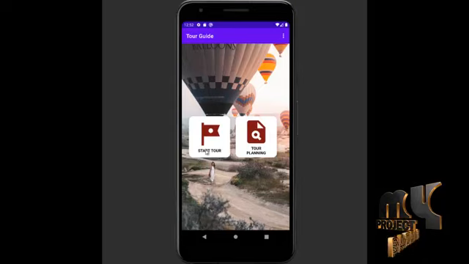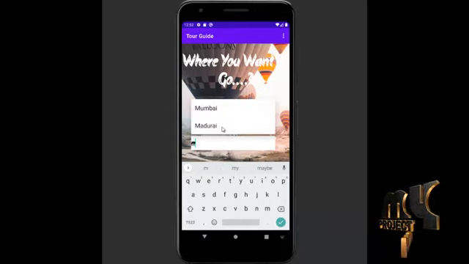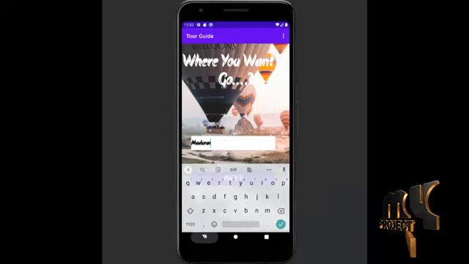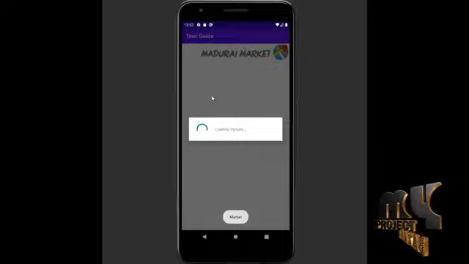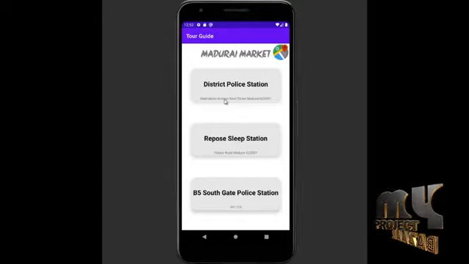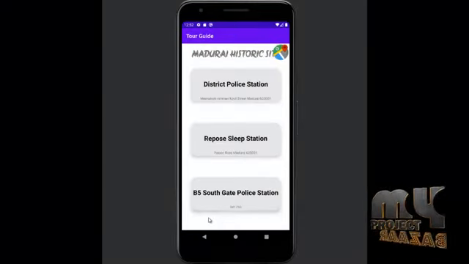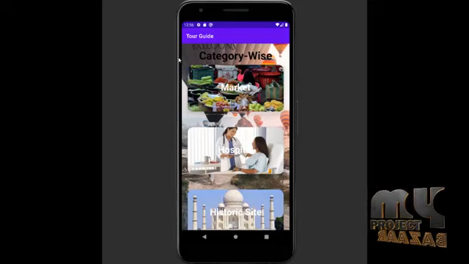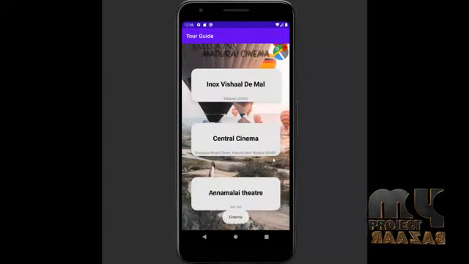If you first go to start, for example I try Madurai, just enter the Madurai screen because we are from Madurai, so I select Madurai. Then market. Then this is category wise: market, hospital, historical. For example cinema, if you want to go to a cinema, then click the cinemas review